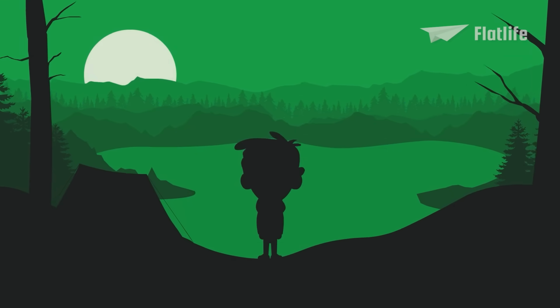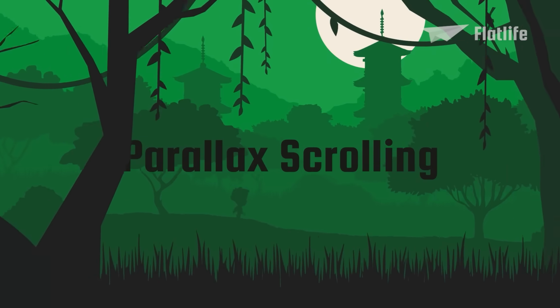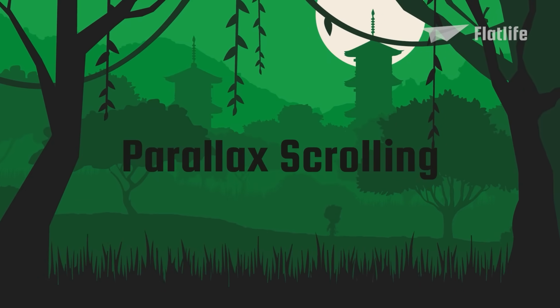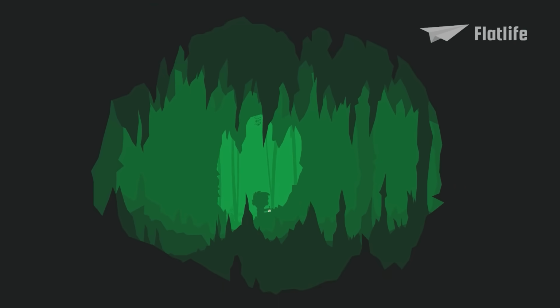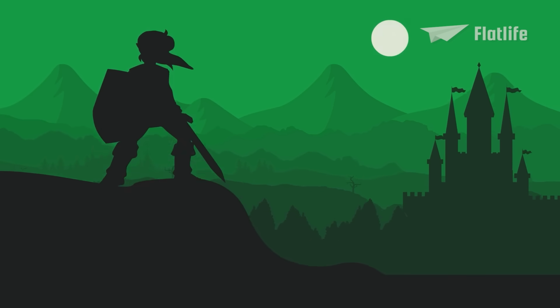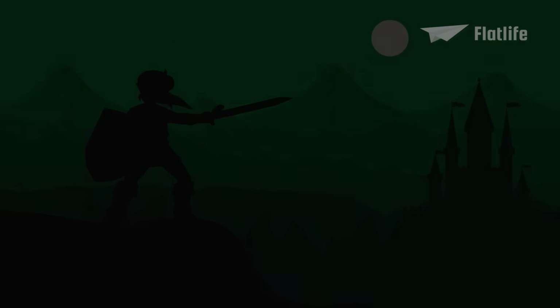One of the methods used by developers to achieve pseudo-3D graphics is known as parallax scrolling. This technique is used to create a sense of depth by making the different layers of the background move independently of each other at different speeds. Images far away in the background move much slower than images in the foreground. I often use this technique in my animations to give them a more 3D feel.